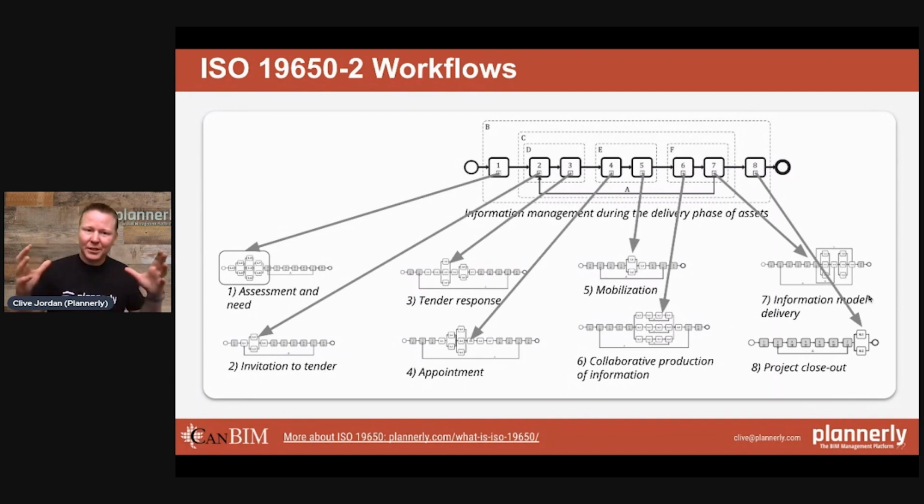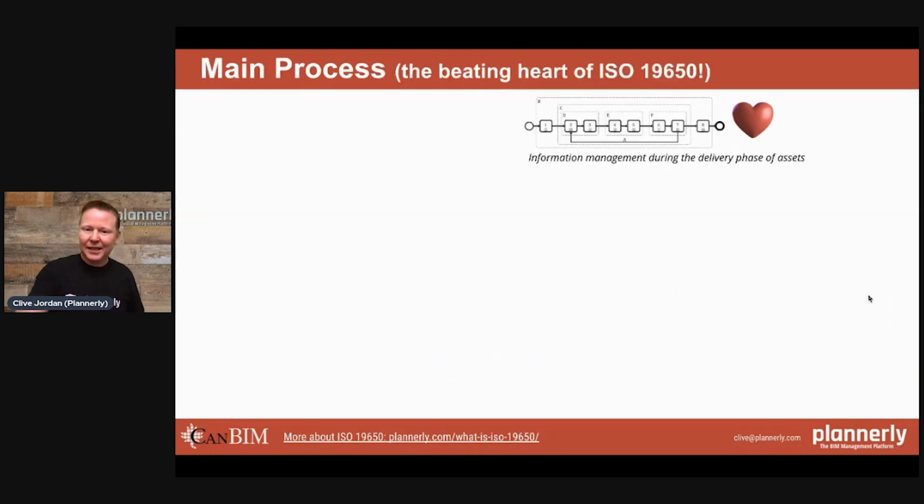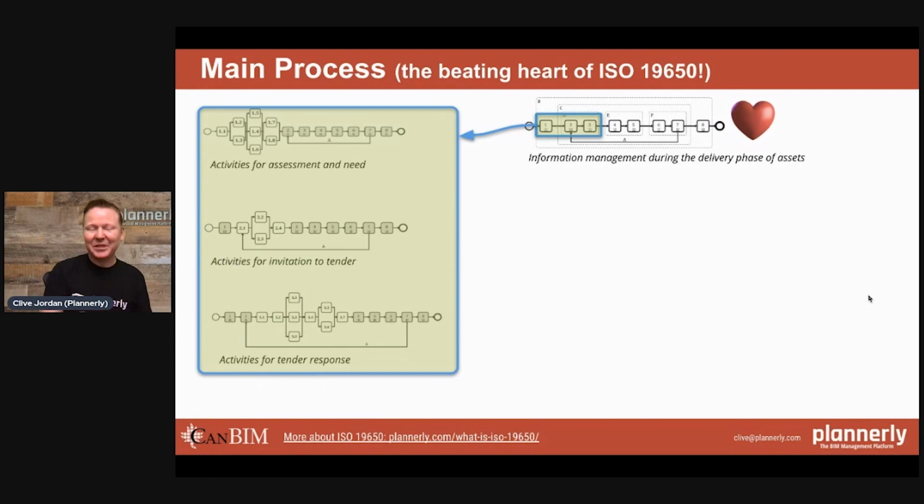So if we look at that whole workflow in those eight steps, unpacking each one of them provides us more detail. And the main process, the beating heart, although that beating heart is a little bit freaky, we unpack these steps even further.